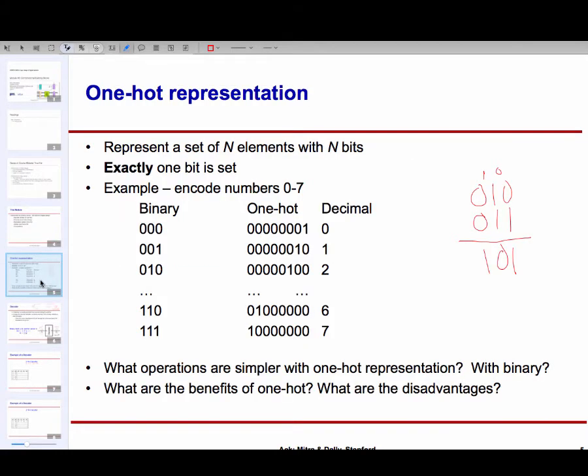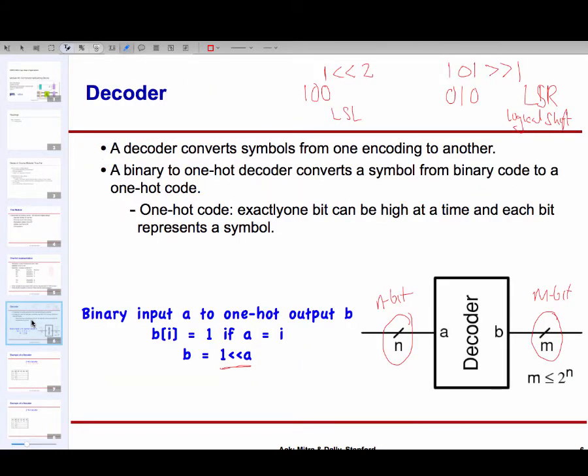So decoder, what a decoder does is it takes as an input an n-bit number, where you can think of this n-bit number representing a decimal value. Okay, so for example, if n equal to 3, then the value represented on these 3 bits would go from 0 through 7. So I can interpret this n-bit number as a positive decimal number: 0, 1, 2, 3 through 2 to the power n minus 1.